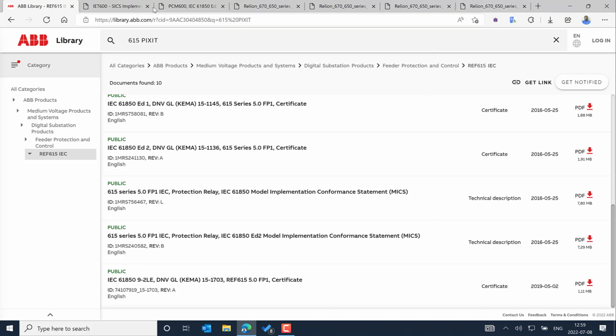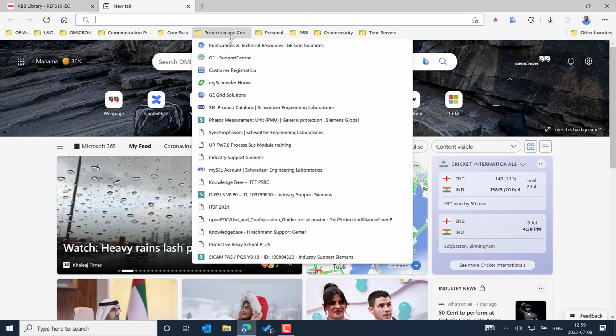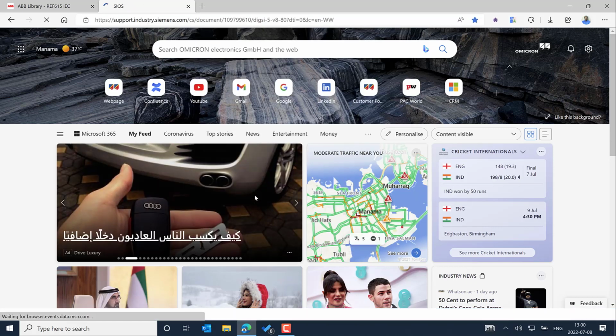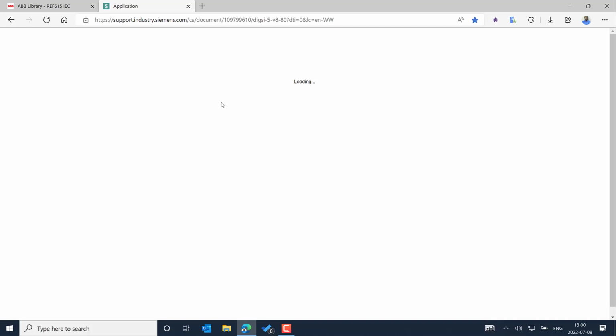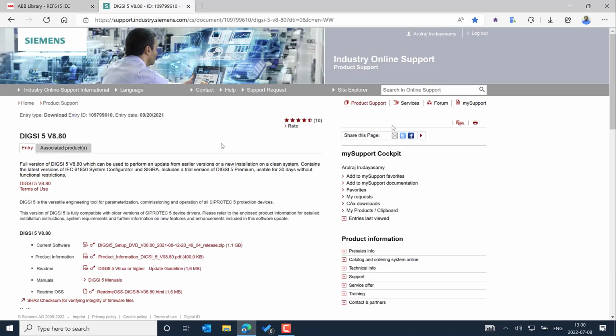Let's go to a different type of IEDs now. So we covered the ABB and Hitachi make IEDs. Let's go to the Siemens IED next. I'll go to the Siemens support portal, where you need to have access, so you can register for it. It's very easy, and once you register, you can search from this level, for example, SIPROTEC 5